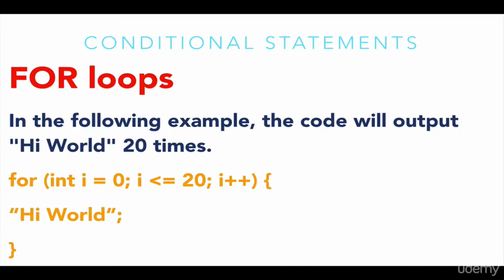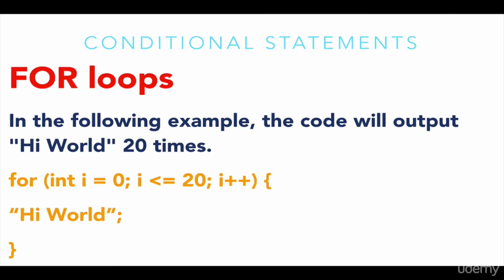And then I need to put in the condition code, the condition under which the loop will stop. So because I want to output the hi world text 20 times, I need to specify that until i is less than or equal to 20, please output the hi world text, okay? And at the end of the condition code, I just need to put in the semicolon,